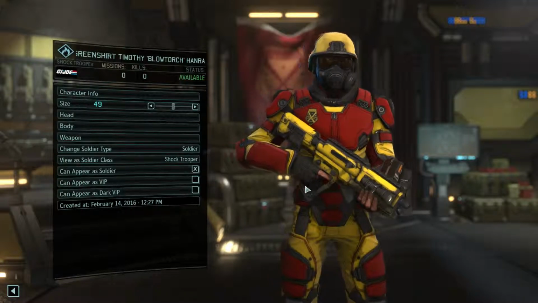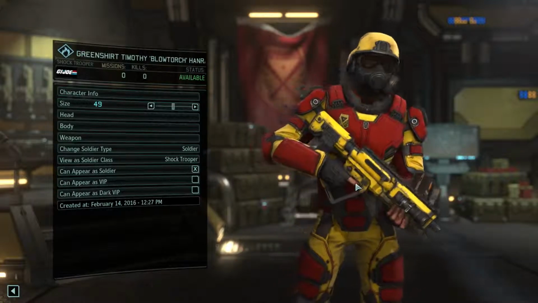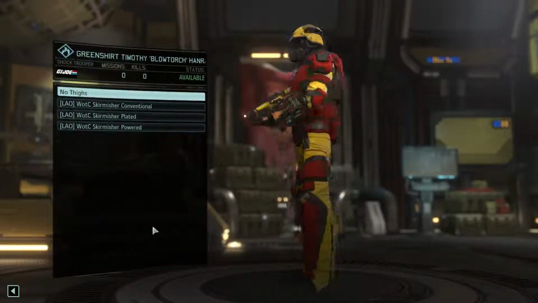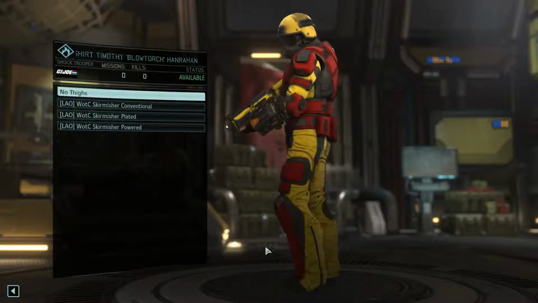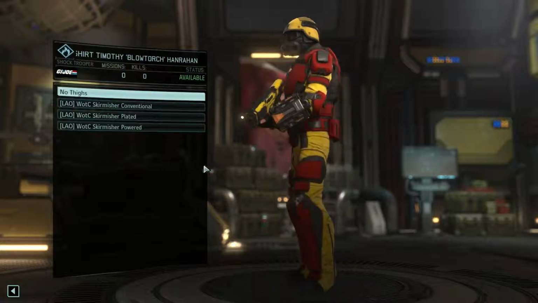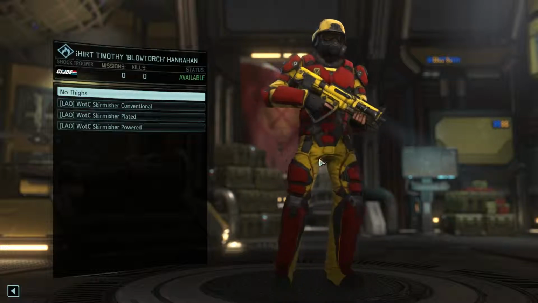So, Blowtorch, first to start with, was one of my favorite early ones, just because of this pattern of the red armor pieces over the yellow. It's not exactly like it is on this figure, but it's pretty darn close in terms of it being all over the arms and the legs. He's all vanilla parts. This is all pieces that came with the game, and it just happens to work